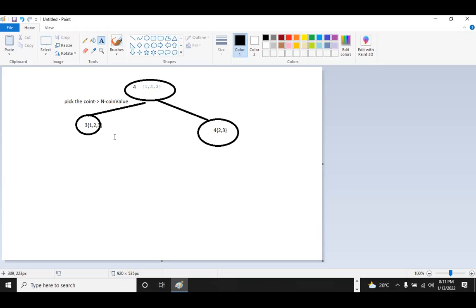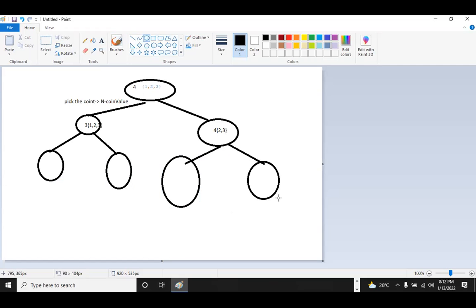If you go again for this 3, 1, 2, 3, there are again 2 approaches. You can either pick the coin or drop the coin. Same way for this one, you'll have again 2 options.